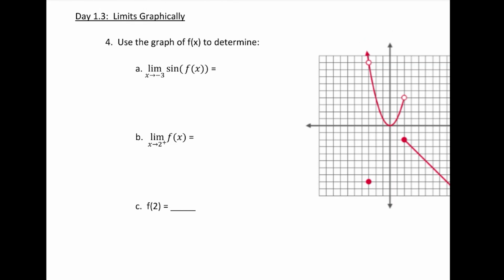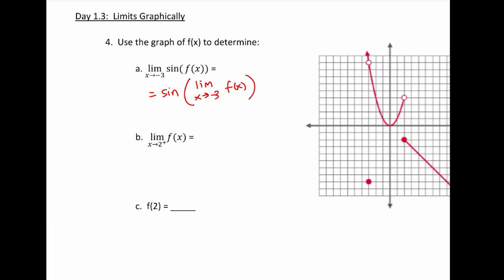Now, usually when you have a composite function that you're trying to evaluate, you just evaluate from the inside out. But I do want you to know that when you do have a limit of a composite, you can rewrite this as, in this case, sine, or whatever the outside function is, of the limit of the inside. And if you think about it this way, I think it makes the problem a lot easier, because now we're just evaluating the limit as x approaches negative 3 of the function in the graph,